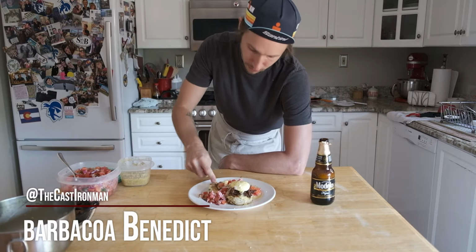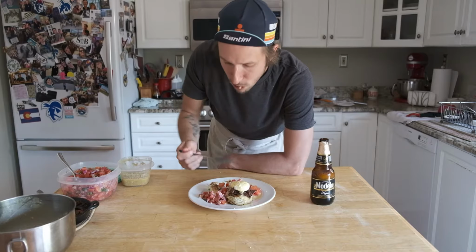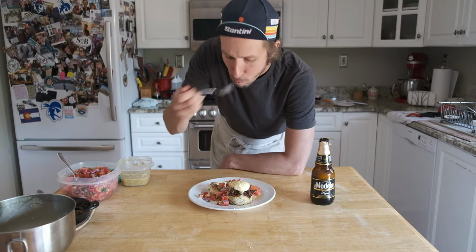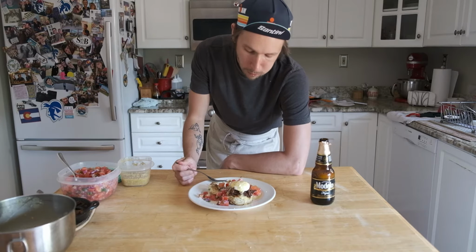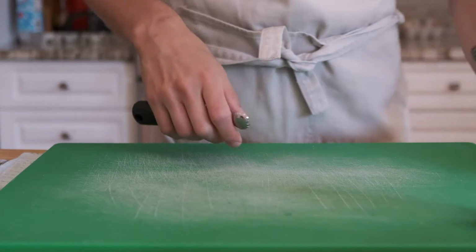That was interesting. We are making a barbacoa Benny today, which is eggs Benedict with barbacoa, and it's inspired by a dish at